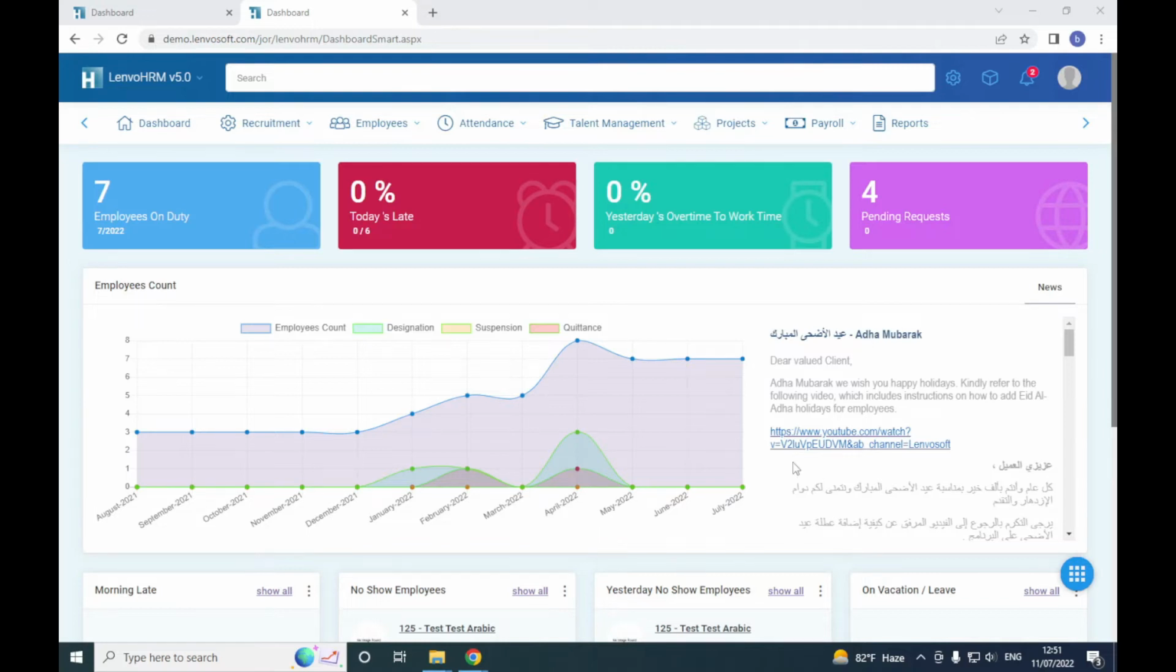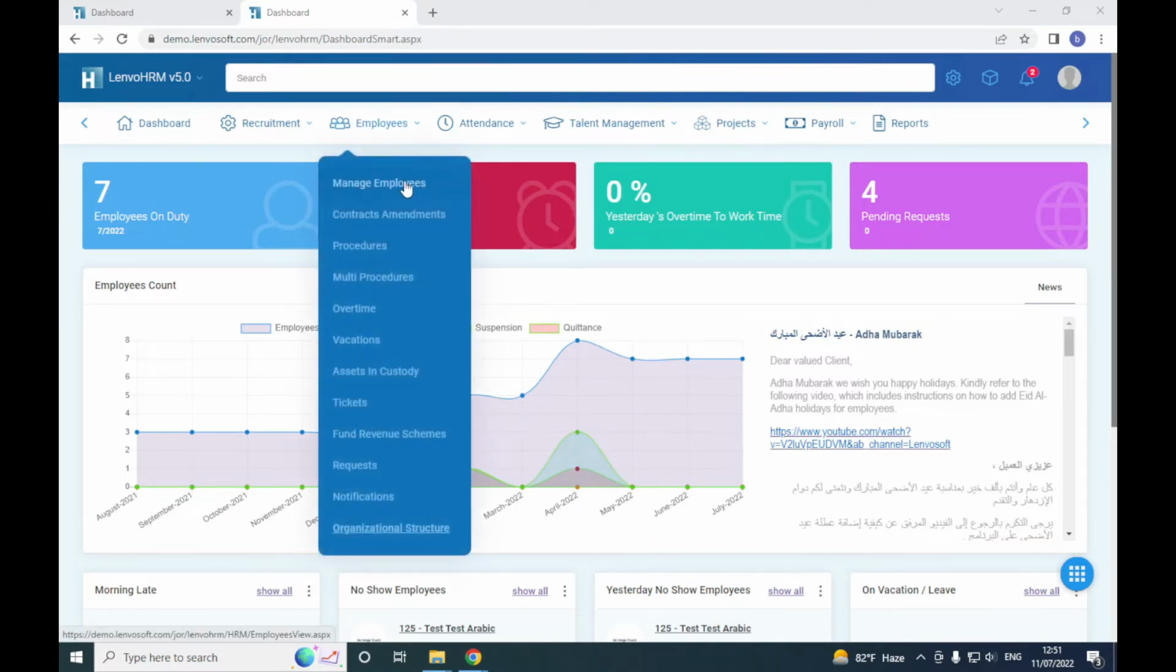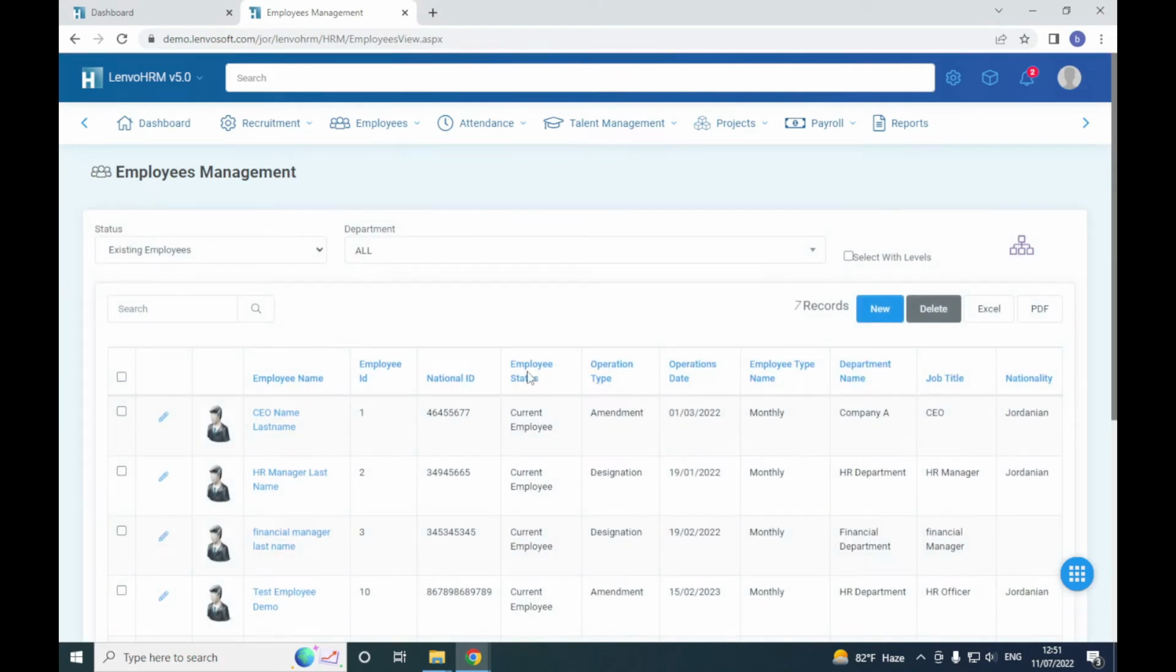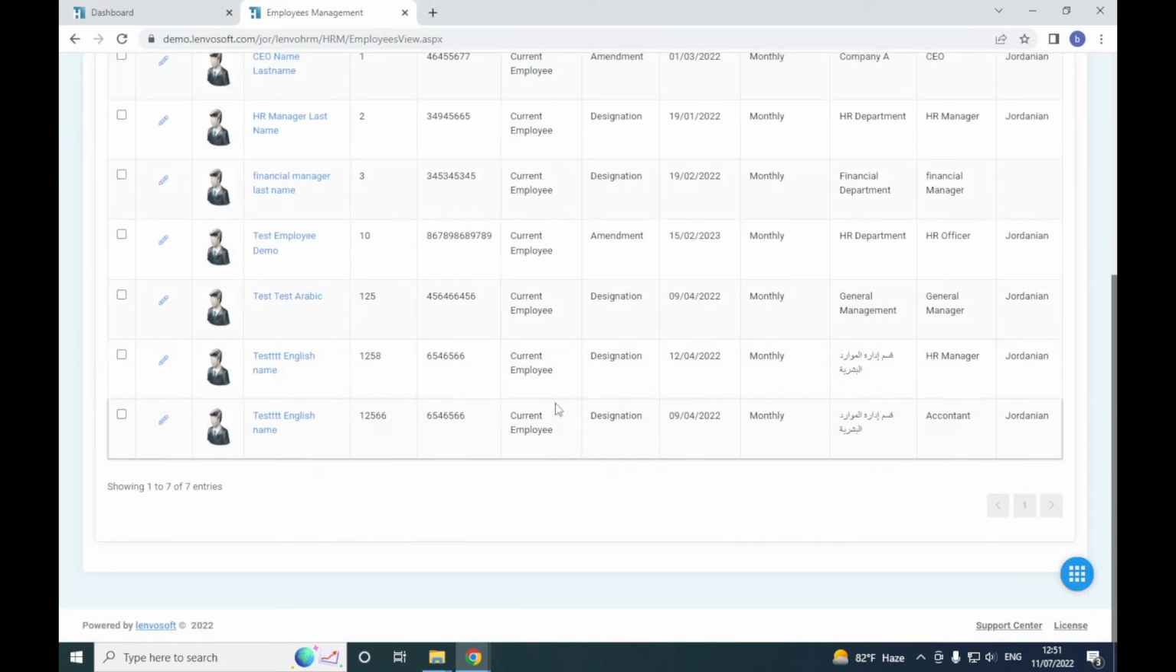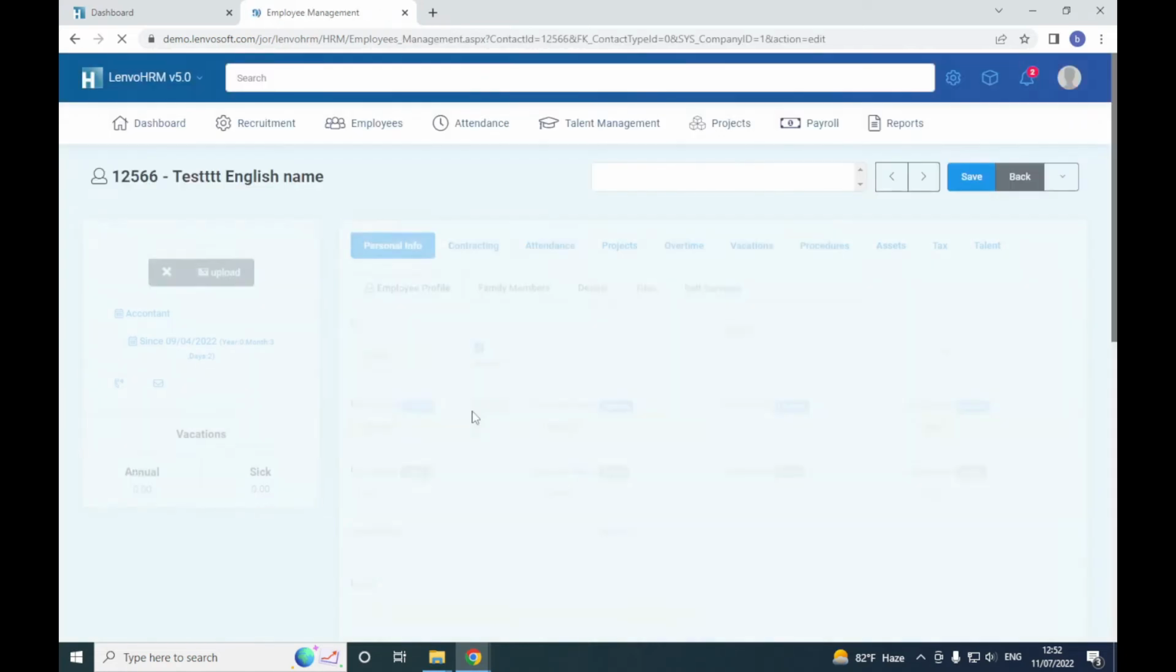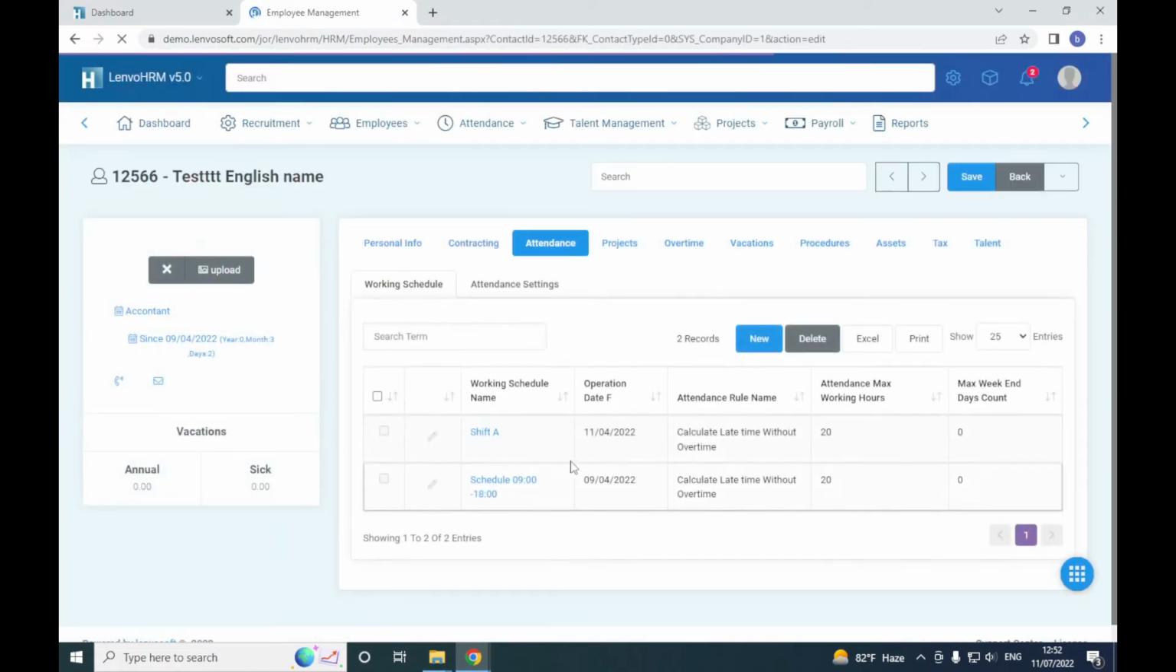After setting up auto-assign working schedules, we need to link employees to these schedules. We can do it by multiple processes, multiple ways. The first way is by going to the employee's profile, and under attendance, we can click on new under working